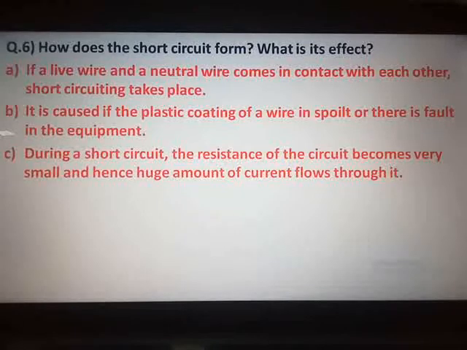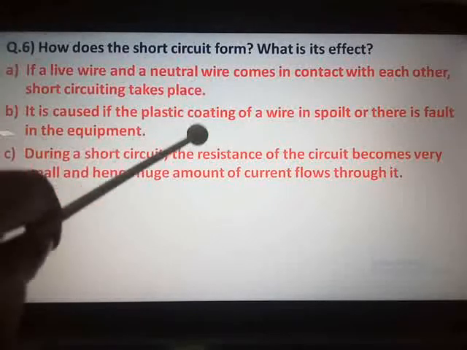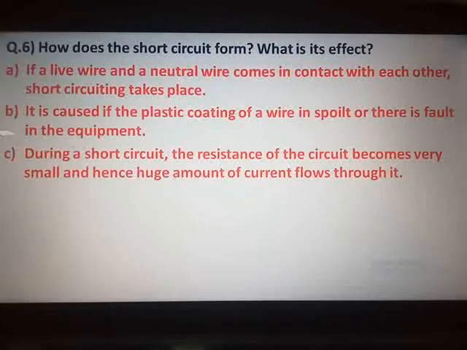Apply a little bit of knowledge of the different concepts which you have studied right from the 9th standard and form the answer. You have studied about the resistance of the circuit last year in chapter number 3 in section A, current electricity. So that you have to apply here. Now what is its effect?